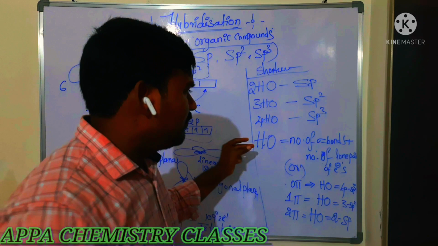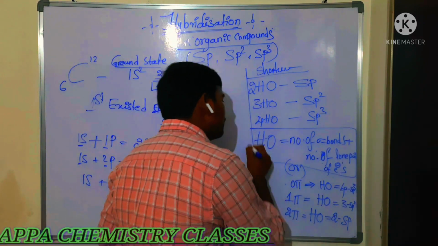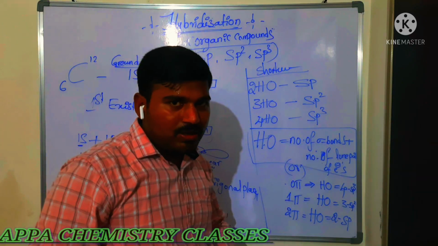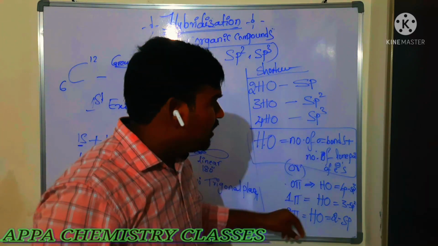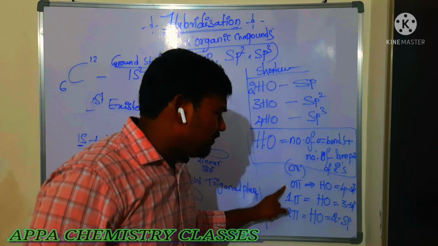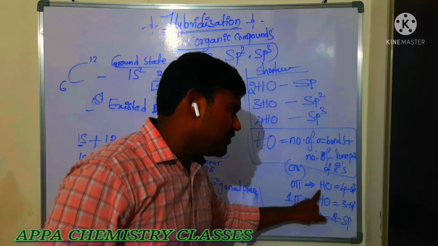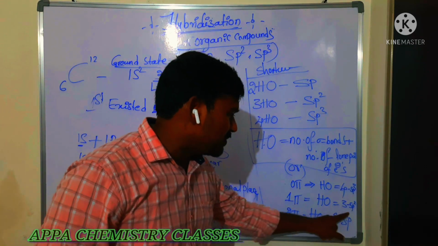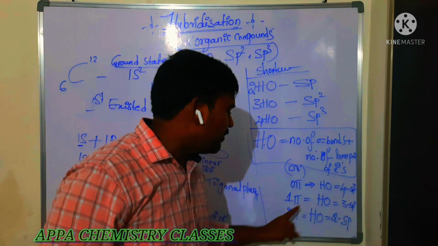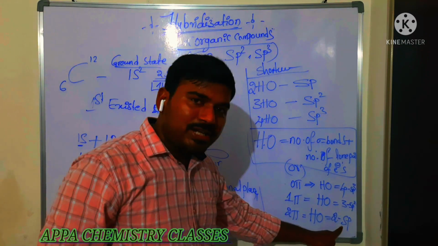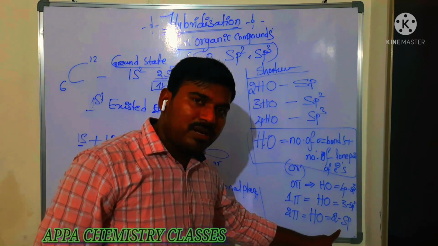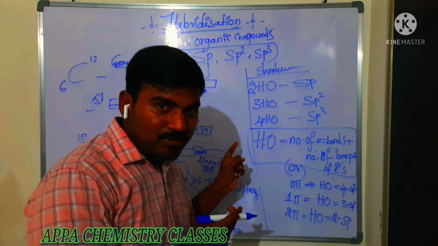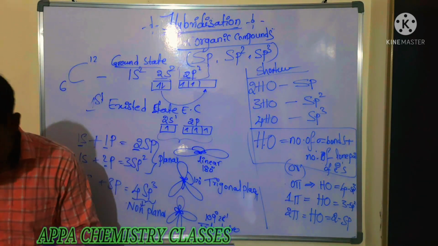So I am saying 2 methods. One, very important, is hybrid orbitals equal to number of sigma bonds plus number of lone pairs of electrons, which may feel somewhat difficult. Otherwise, by simply seeing the organic molecule: 0 pi bonds, sp3; 1 pi bond, sp2, which means 3 hybrid orbitals; 2 pi bonds means sp hybridization. How many hybrid orbitals will it be? 2. Is that clear? So shall we look into some examples? The most important examples we are going to see.